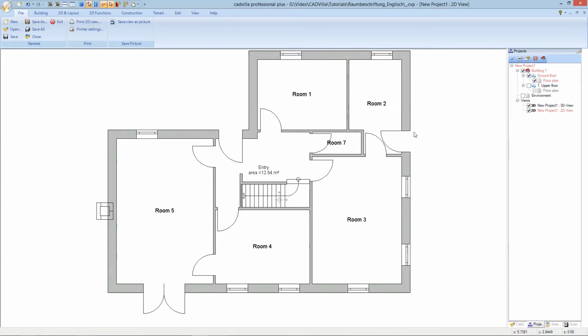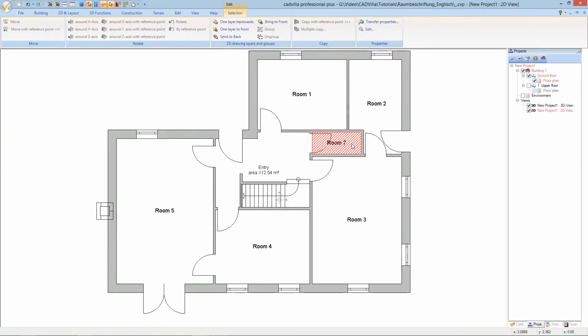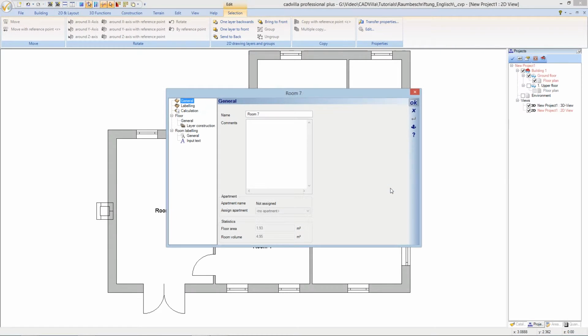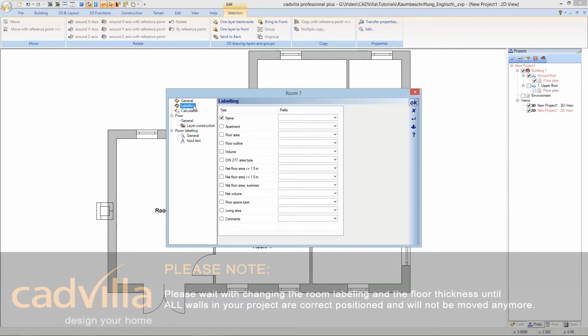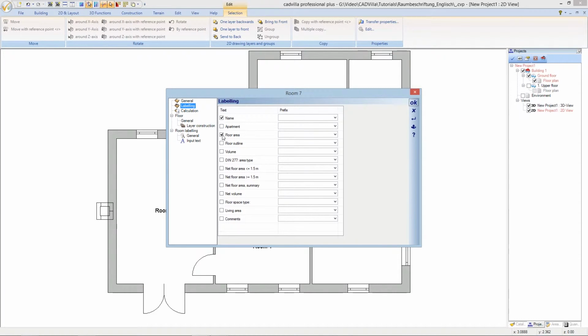Our next room is, for example, room number 7. We select the room, we press the right mouse button and we select Properties. We enter a name for the room, for example, Laundry. Now we click on Labeling. The point Name is already selected and we also select the point Floor Area. We enter again Area